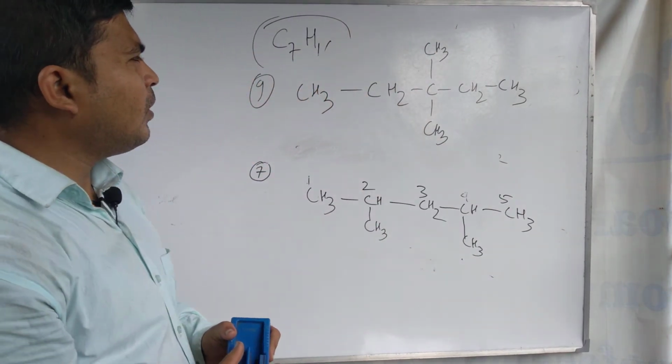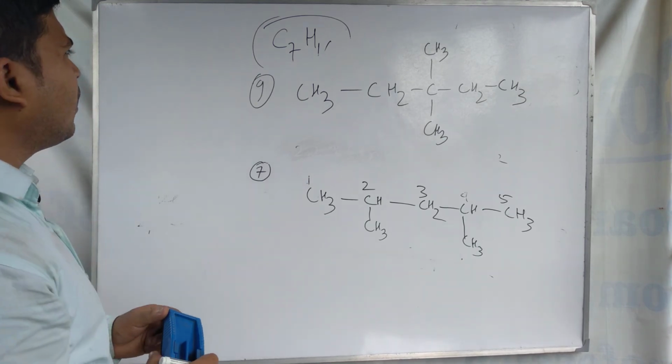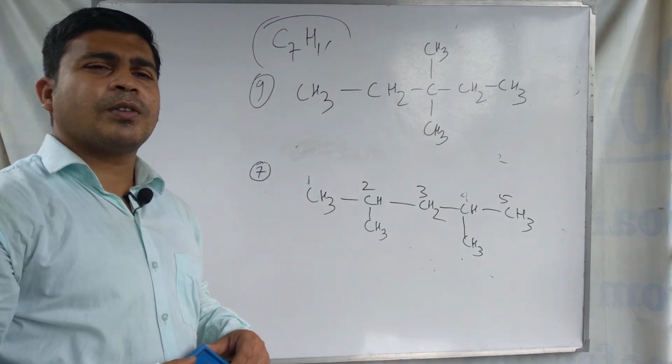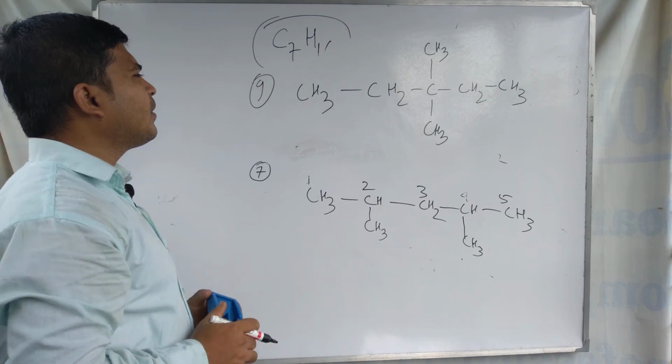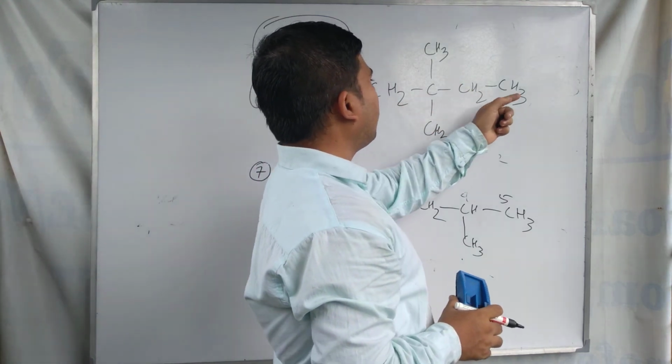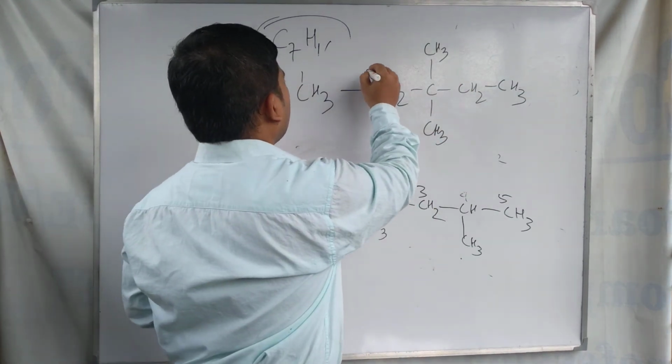This one is another example, and it is the ninth isomer, and his name is as 1 2 3 4 5. So name is as